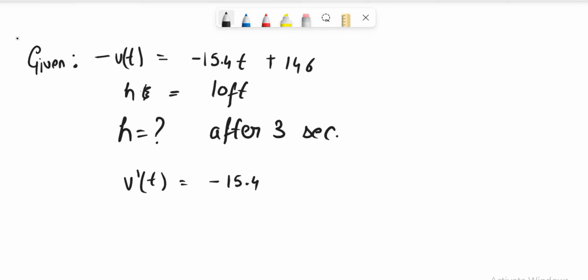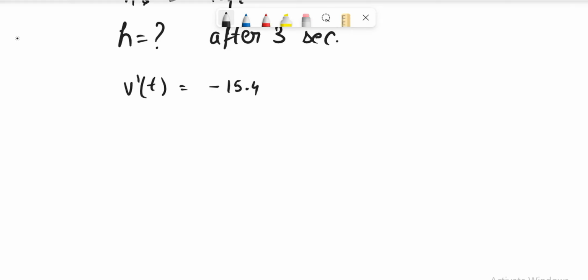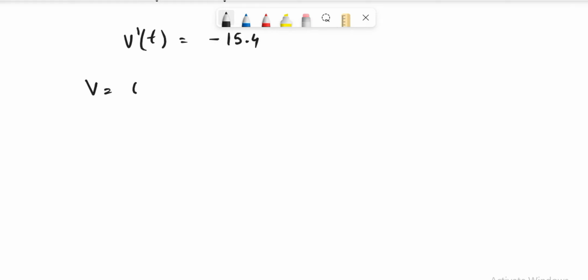So by using the first law of motion, we know that v is equal to u + at. We know that the equation of v